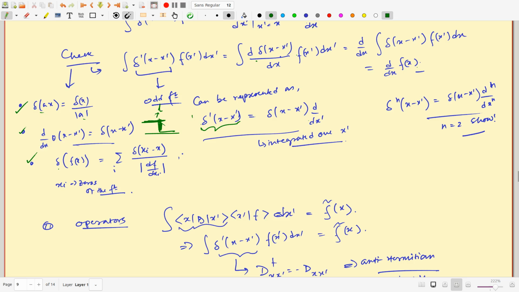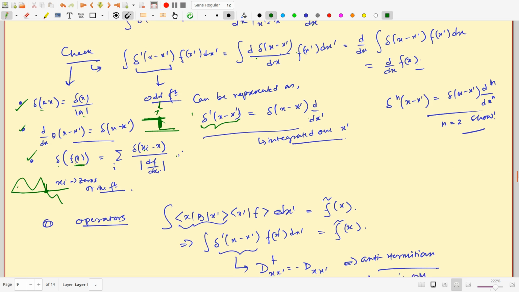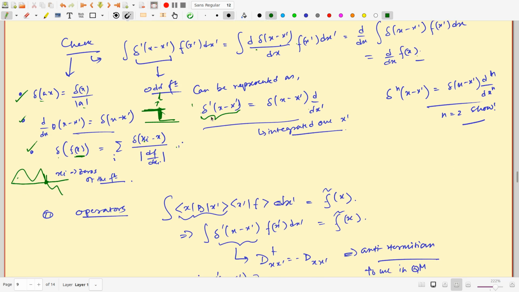It basically tells you that delta of f of x, with a function as its argument, can be represented in this way, where xi's are zeros of the function. Which means if the function has some arbitrary structure and this is the x axis, where it crosses 0 at this point, it contributes as a delta function, divided by the derivative modulus. So these are some properties which could be useful, but for the time being we just want this property,